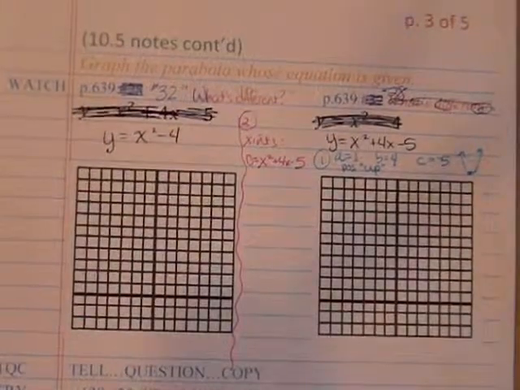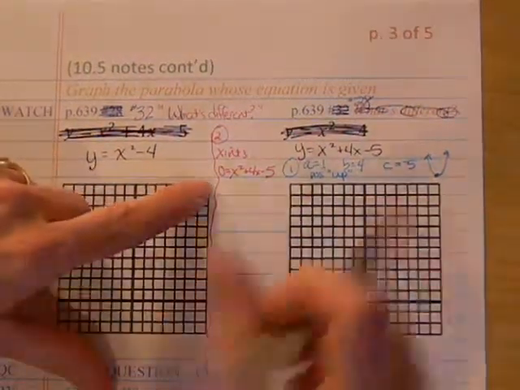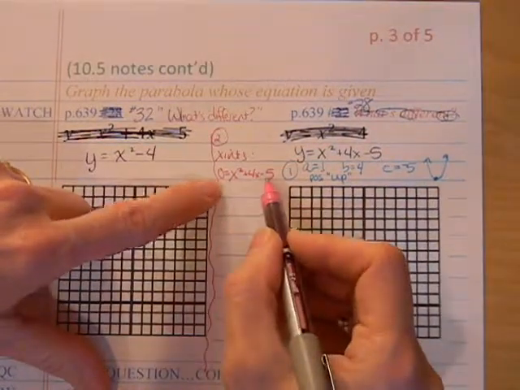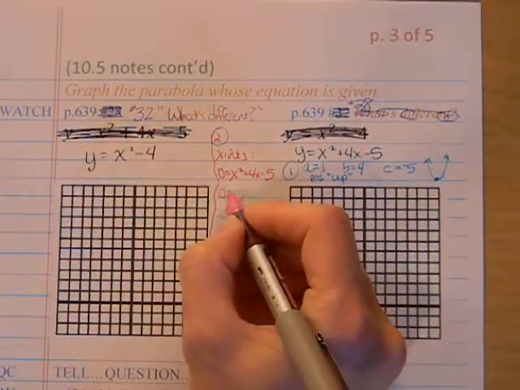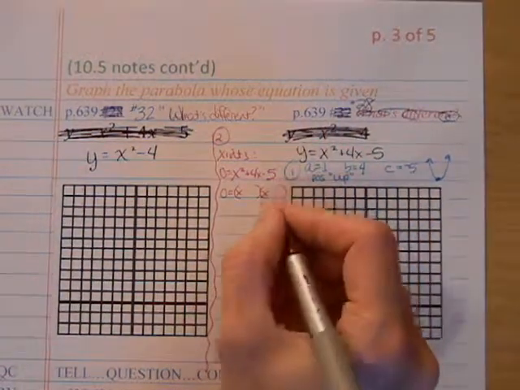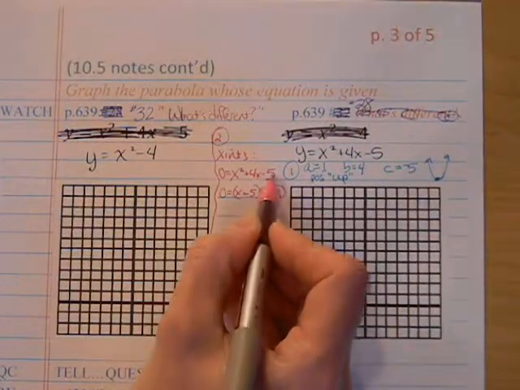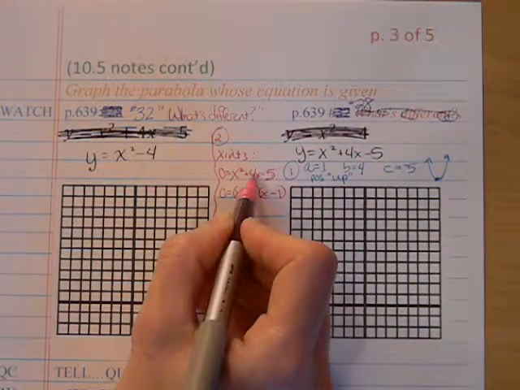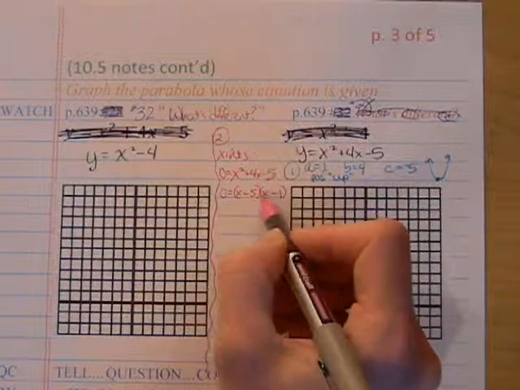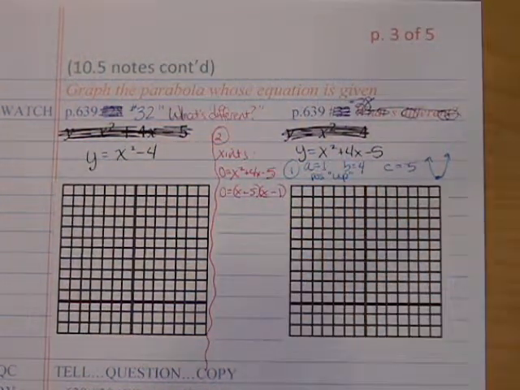Here we go. Okay, so I'm going to go ahead and factor this. This is factorable here. And I can say that I've got an x and an x. And if I do a plus 5 and a minus 1, that will give me my minus 5. Plus 5 and minus 1 will give me my positive 4 when I add them together, and when I multiply, I get the negative 5. And so then I can factor,